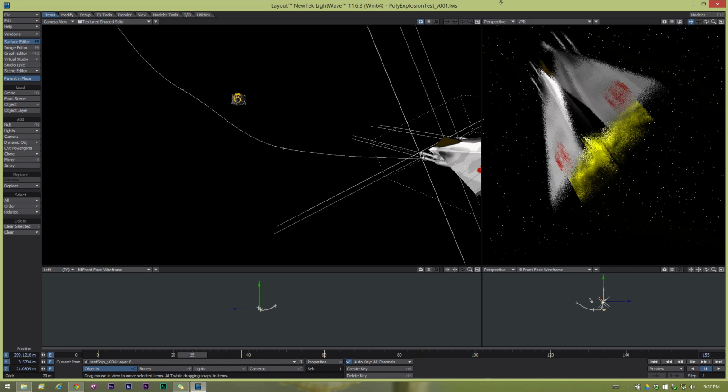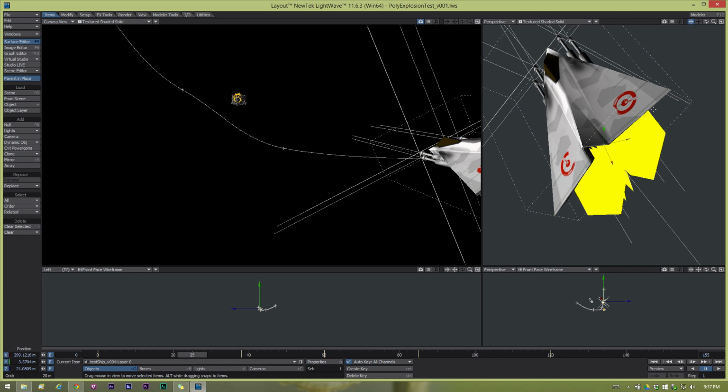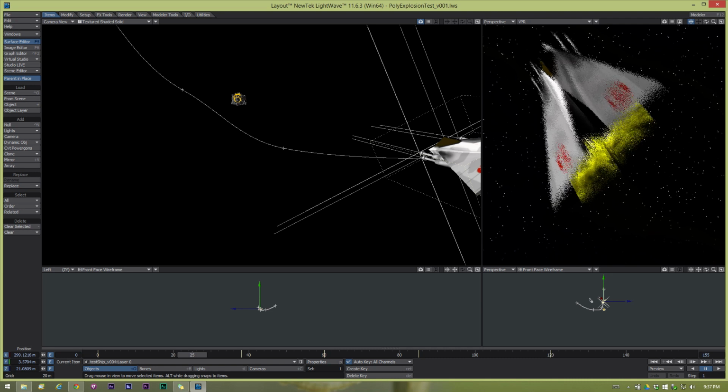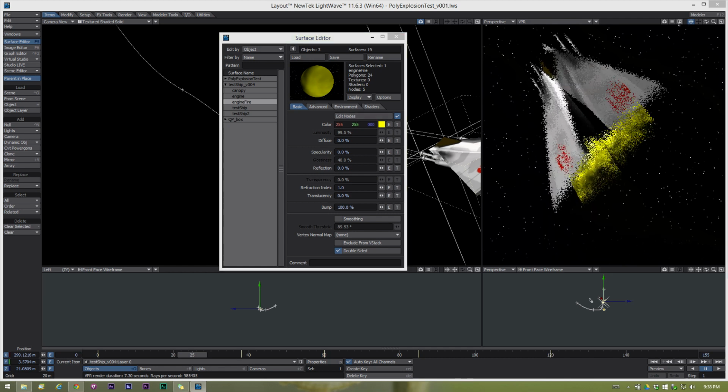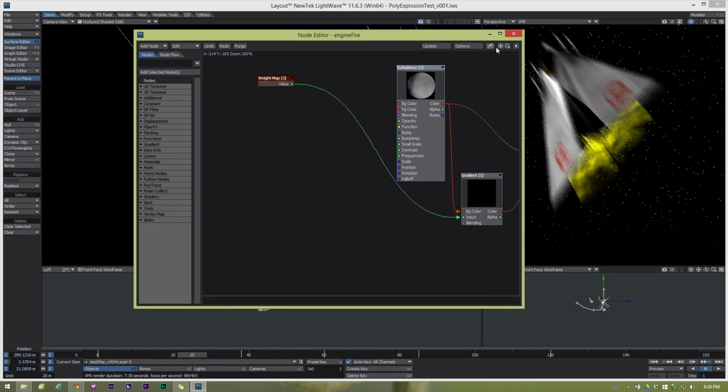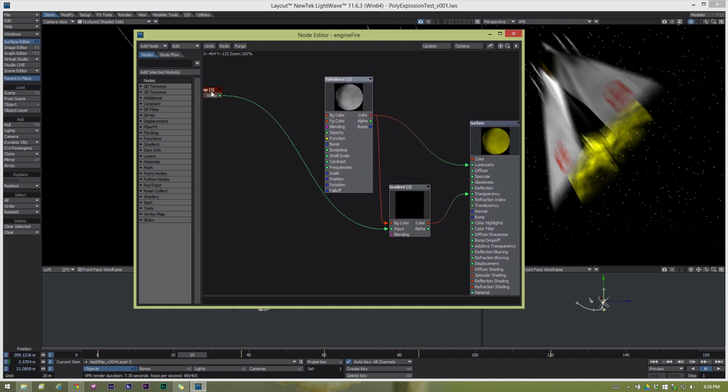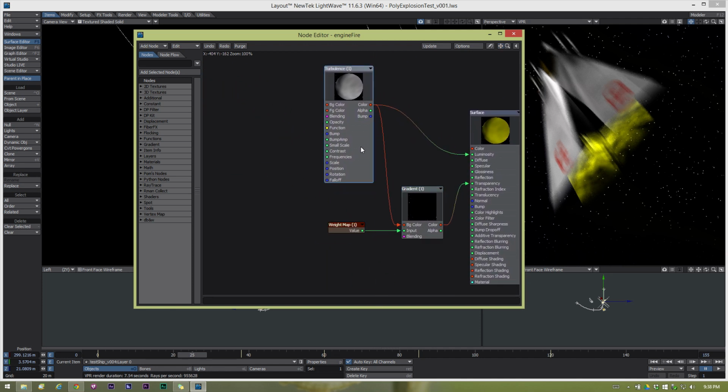So let's take a look at that. And again, we'll switch to just a regular shaded view, and you can see there's just some basic geometry there. There's nothing really special about it. So let's bring up the engine fire thing here. So this is a nodes texture. I call this a bit of retro fun because I tried using some of the old school retro techniques that I learned from magazines like Lightwave Power User or something like that. So this is stuff they were developing on Babylon 5. It's that old. So obviously they did not have nodes there, but the basic idea was